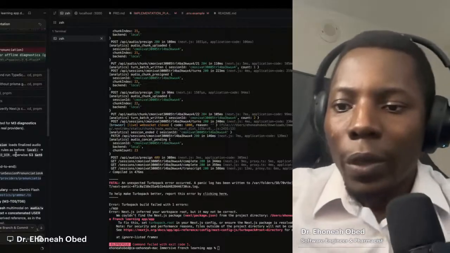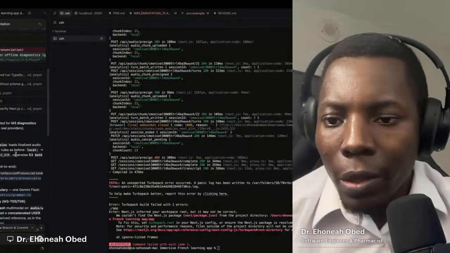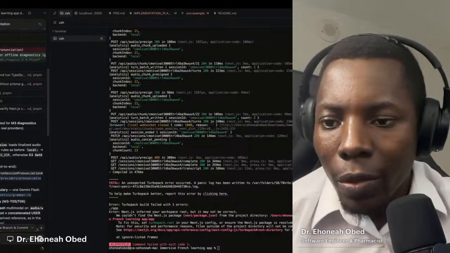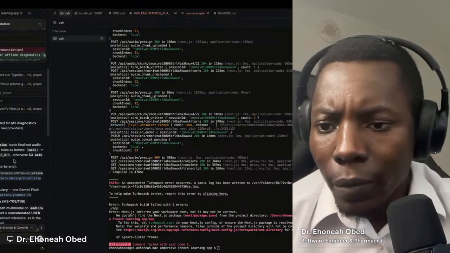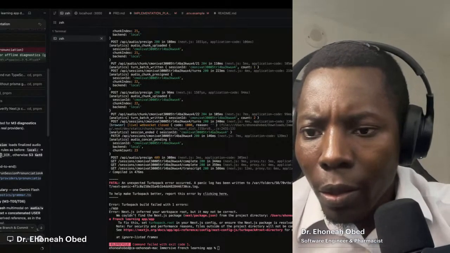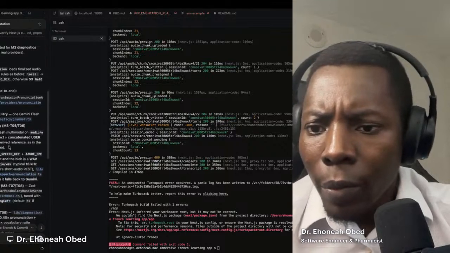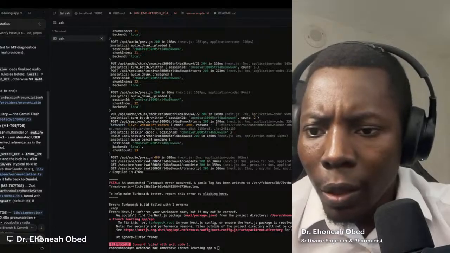Let's see what was implemented: run diagnostic for session, loads finalized audio. Same rules as before. Then parallel course. What I'm looking out for is okay, yep.